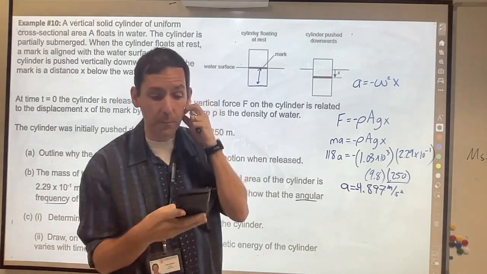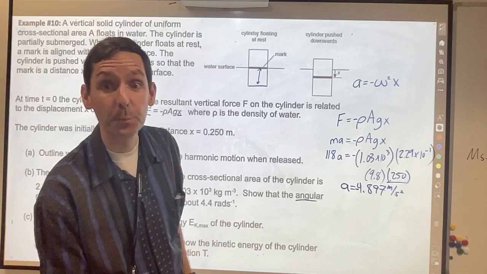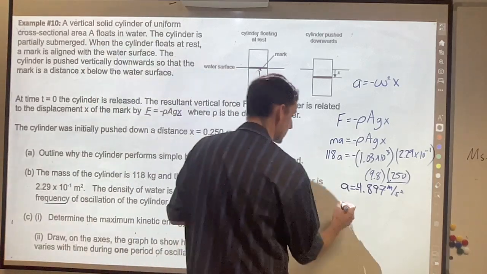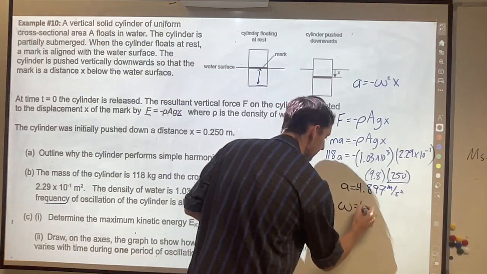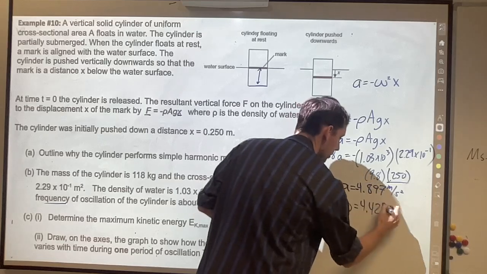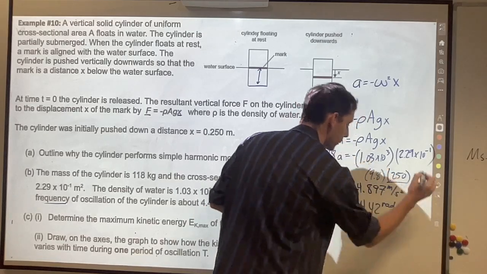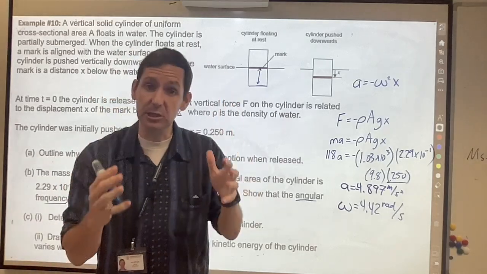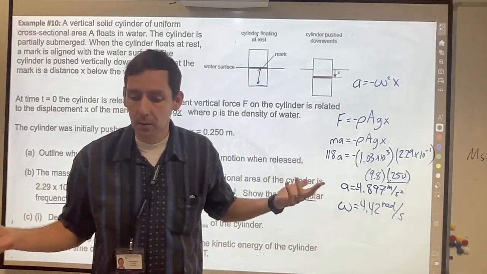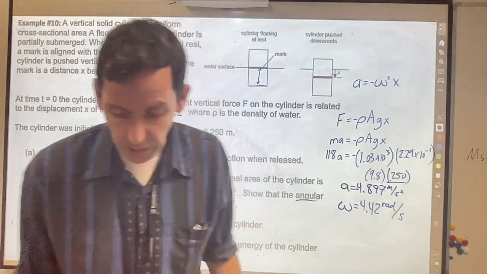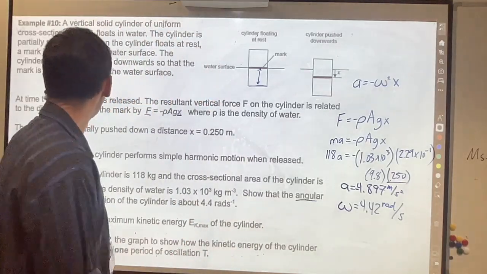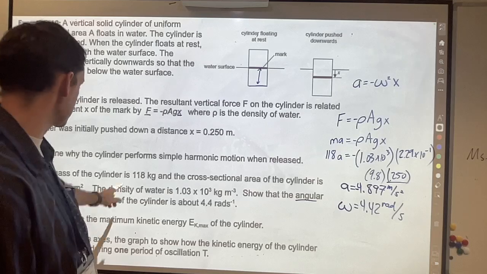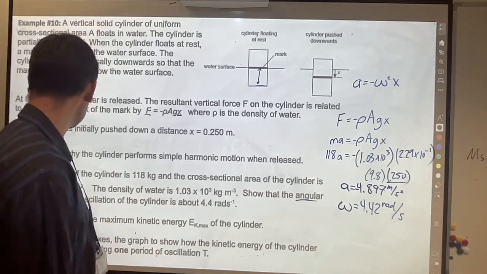And I get 4.42. So omega equals 4.42 radians per second. It's pretty big, it's pretty heavy, so I do expect the oscillations to be somewhat slow, right? So 4.42, I got 4.425. When it comes down to it, it looks like I got 3 sig figs,